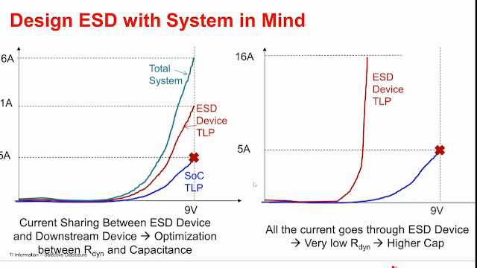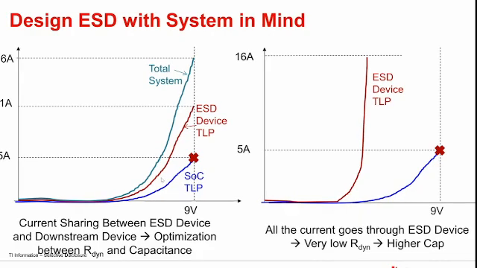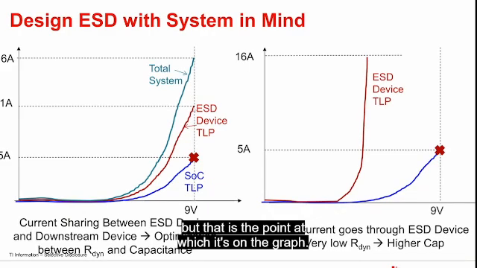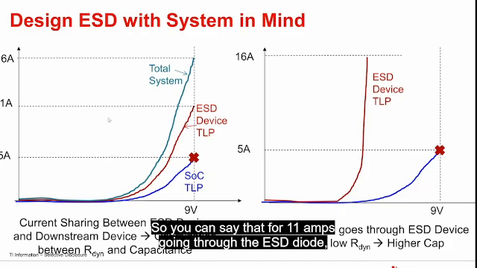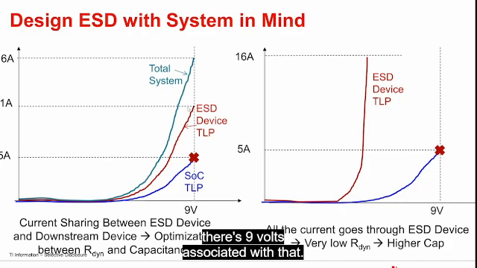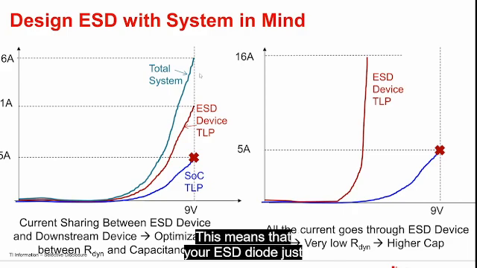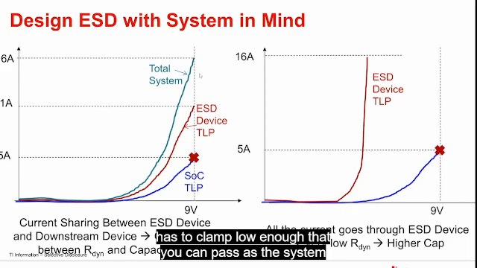This moves into our whole designing ESD with the system in mind. So if you take the TLP curve for some chip and you say that it breaks at 9 volts and 5 amps, then you take your ESD diode, and the ESD diode doesn't break at 9 volts, 11 amps, but that is the point at which it's on the graph. So you can say that for 11 amps going through the ESD diode, there's 9 volts associated with that. So if you add the two currents together, the 5 amps and the 11 amps, you'll get a total system protection level of 16 amps. This means that your ESD diode just has to clamp low enough that you can pass as the system the